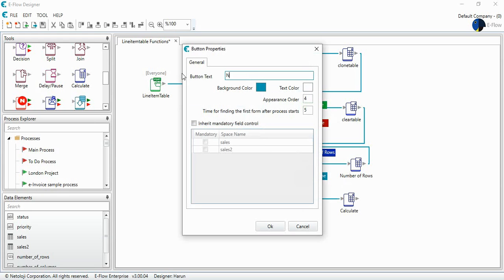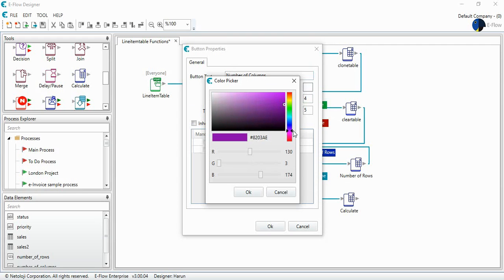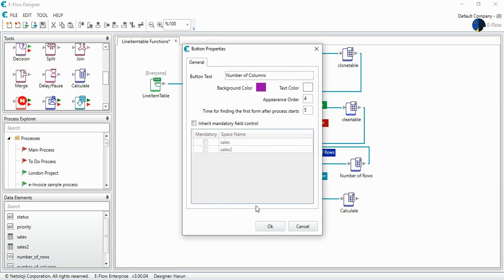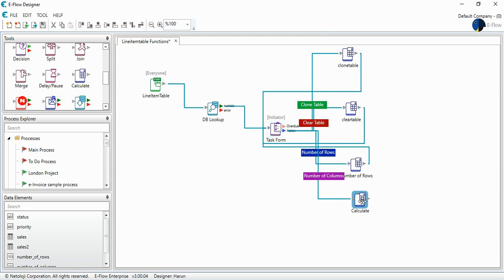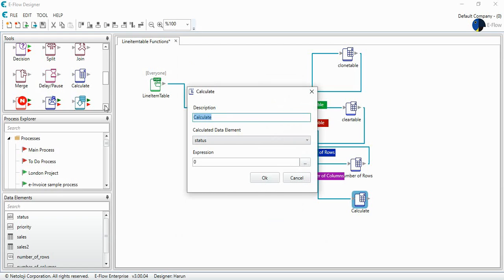and the same for number of columns, and background color, let's change a bit, and for number of columns,